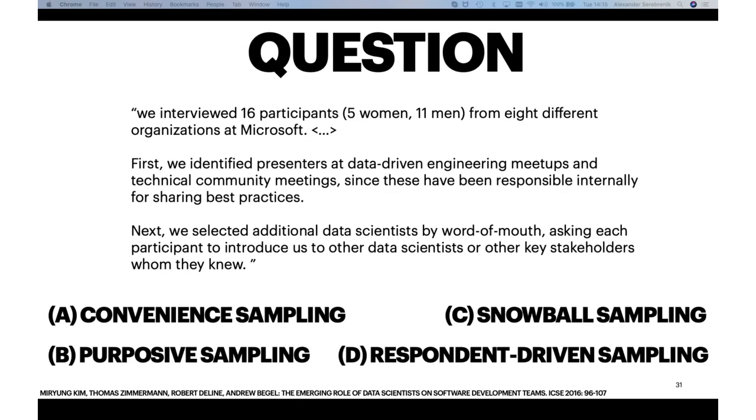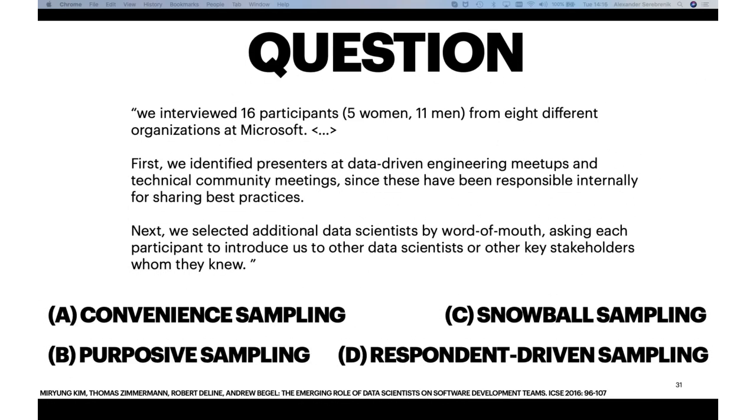However, here, there is no indication that special care has been taken to go for respondent-driven sampling. There are no references to things like reducing the number of introducees, increasing the number of recruitment waves, or anything